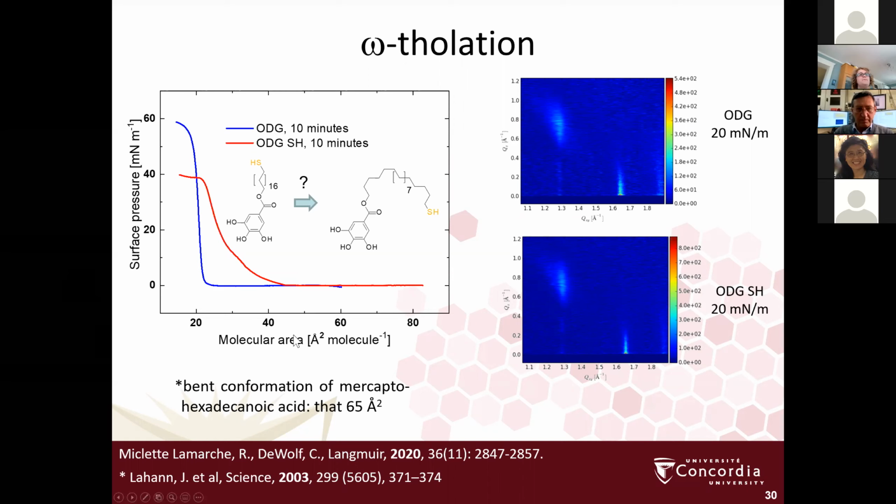We thought that this might be the extended to bent conformation transition, right? So that in this case, the molecules adopt a BOLA conformation, but it's not quite big enough because it's been predicted using computational studies that for mercaptohexadecanoic acid, that bend should take up an area of about 65 square angstroms, which would be out here, which we clearly don't have. The other thing is that there is a slight kink here in the isotherm, and I'll come back to that, but that they appear to start to converge in area.